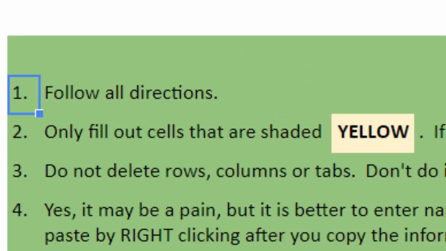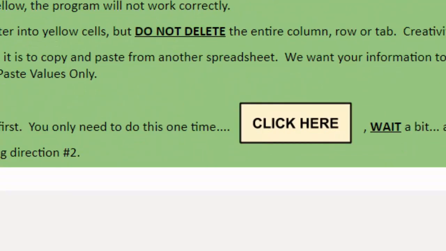I also want to draw your attention to number 6. You only have to do this the first time you open the file. But if this is the first time you're opening the file, you must accept certain permissions. I've programmed some scripts to run in the background of this to make your life easier. Those scripts won't run unless you follow these instructions, which say you need to click here, this yellow rectangle. Click there the first time you get the file, only the first time, and let's take a look at what